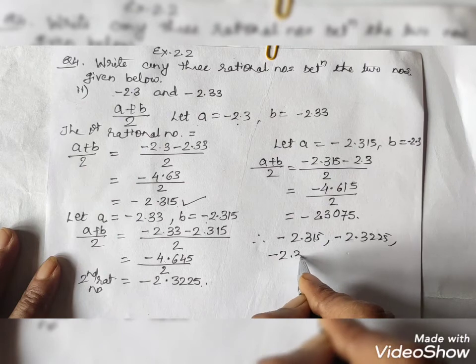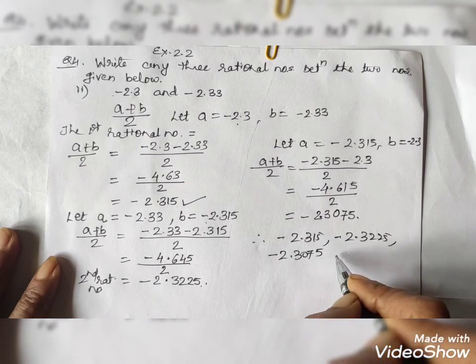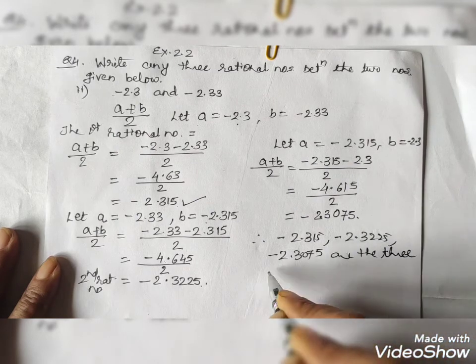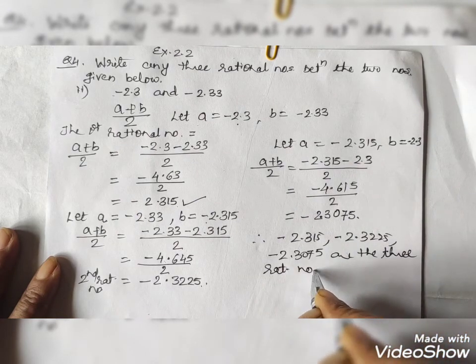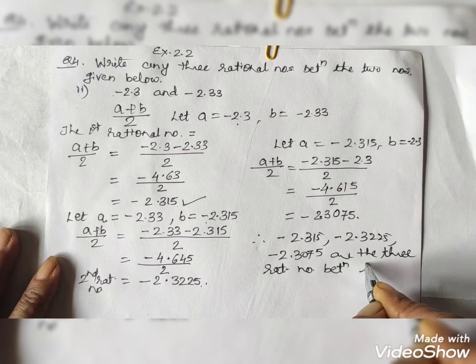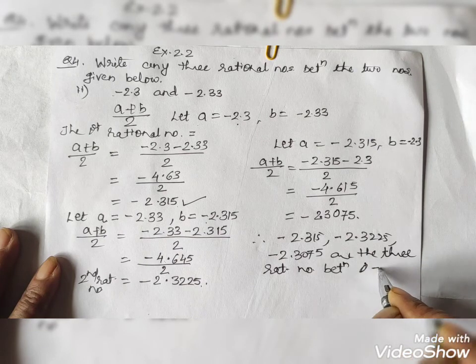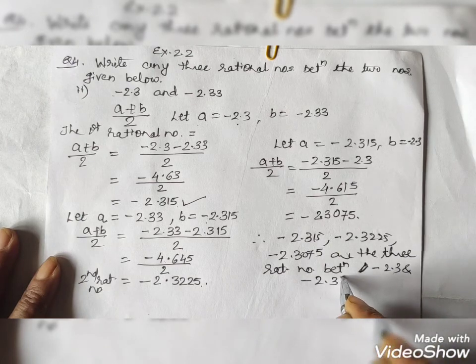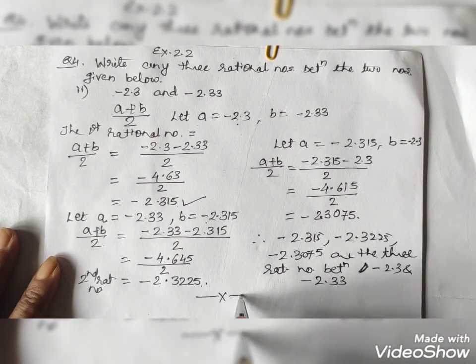So in this way, therefore at last what we write: minus 2.315, comma, minus 2.3225, and again this third one, minus 2.3075, are the three rational numbers between minus 2.3 and minus 2.33. Okay, so in this way you can find